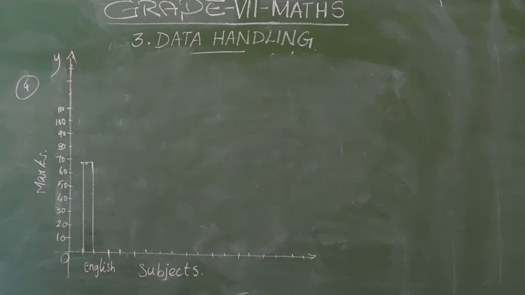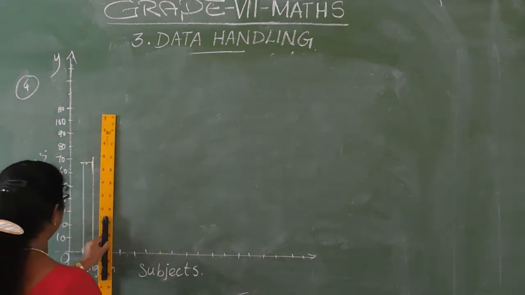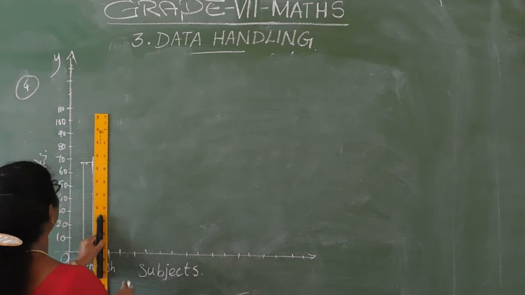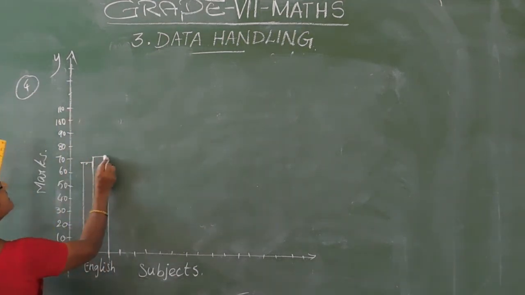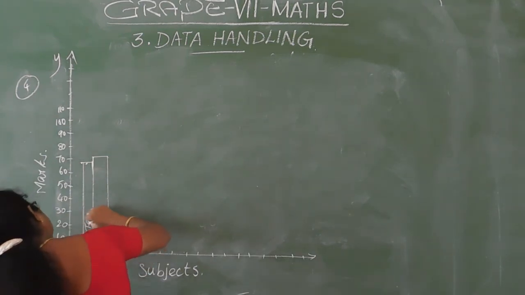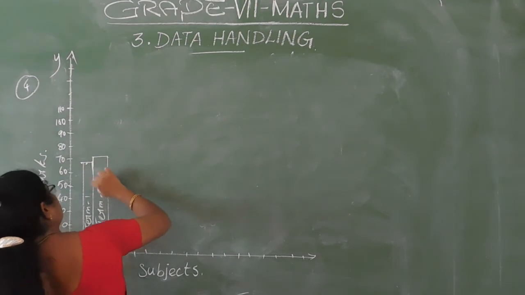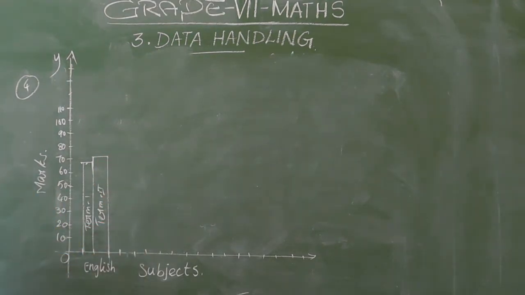This is term 1. After that for term 2 it is 70. So term 2 70. So continuously you have to draw this. 70. So this is term 1. This for term 2. Okay. So we have to give a little difference for that. For term 1 I put a shaded line and term 2 we give